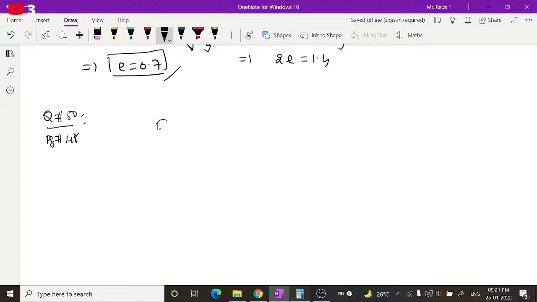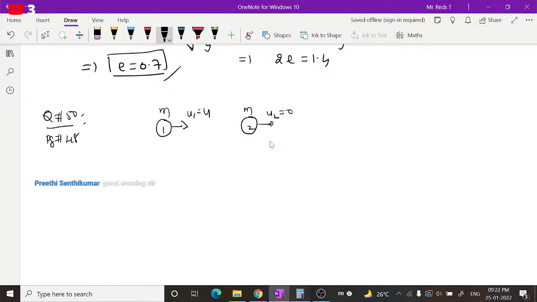There is a sphere of mass m moving with constant velocity u. Its initial velocity u1 is equal to u. It collides with another stationary sphere of the same mass. This is the first one, this is the second one. m1 is equal to m, m2 is also equal to m. The second is at rest, so u2 is equal to 0. Same mass. Then the question is, if E is the coefficient of restitution, the ratio of